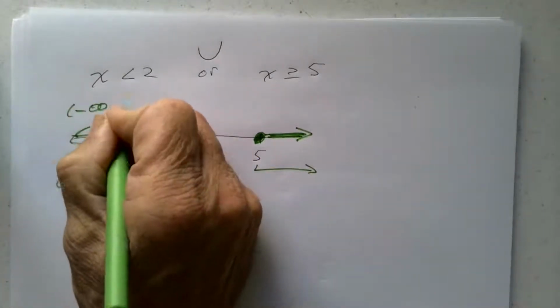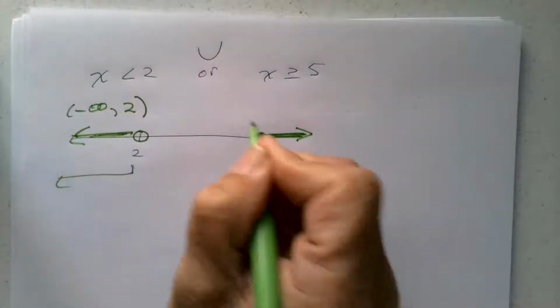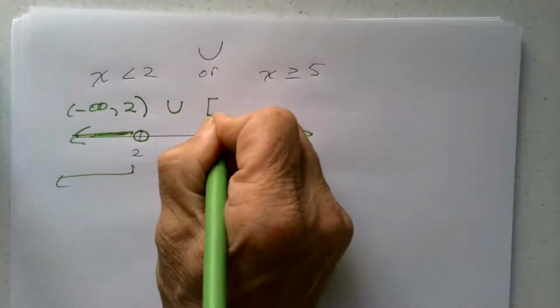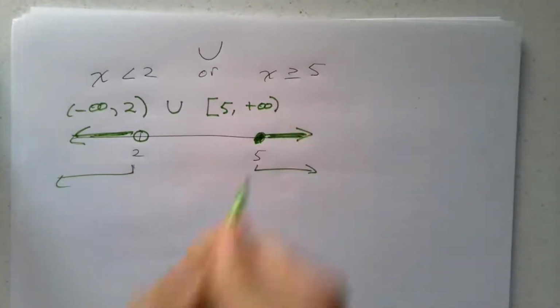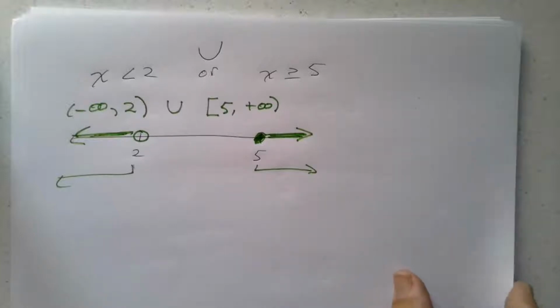Negative infinity, comma 2 round bracket, union, square bracket, 5 to plus infinity. That's what that is going to look like. Now, of course, these can get more interesting. If I say